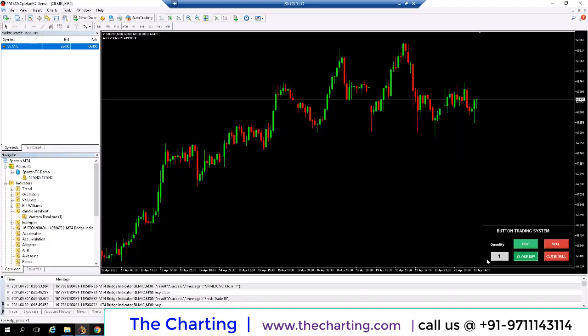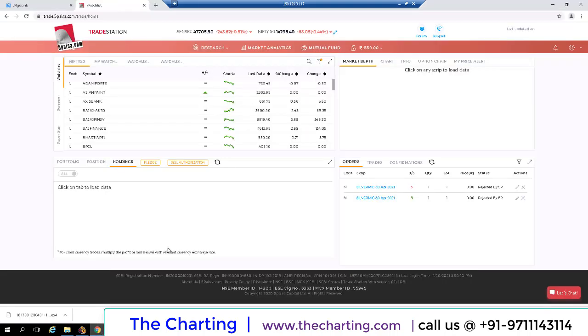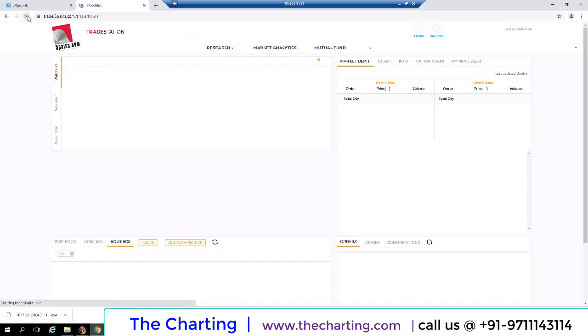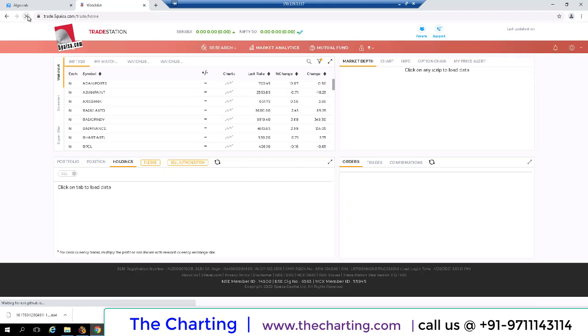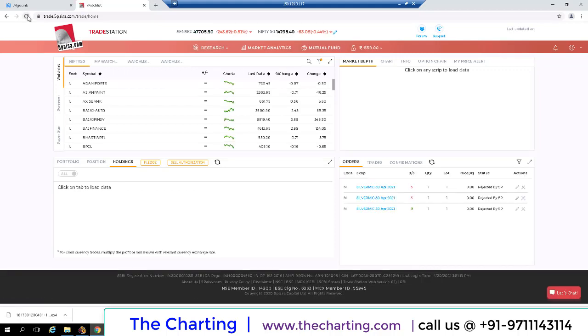And if you want to sell, then just click sell. Now we go to our 5paisa account and refresh here to check whether my order is placed or not. You can see my order is pushed, the sell order is done, but rejected due to funds.